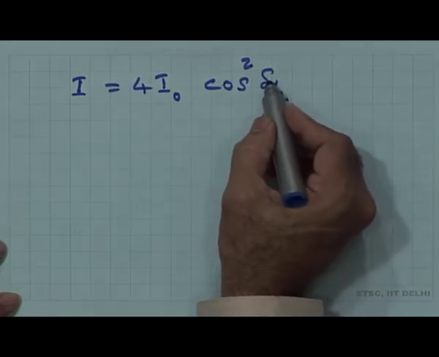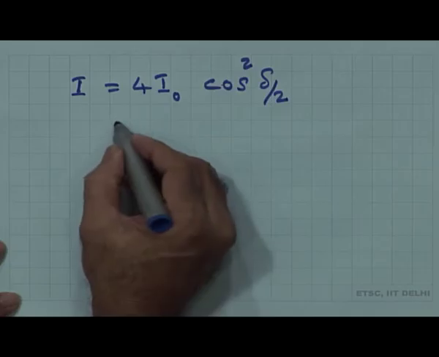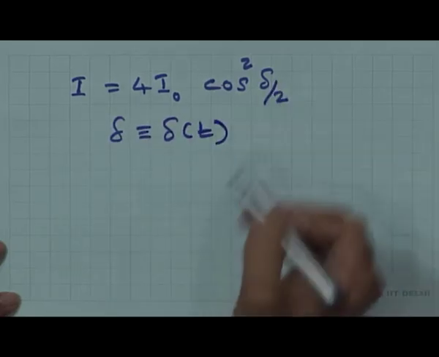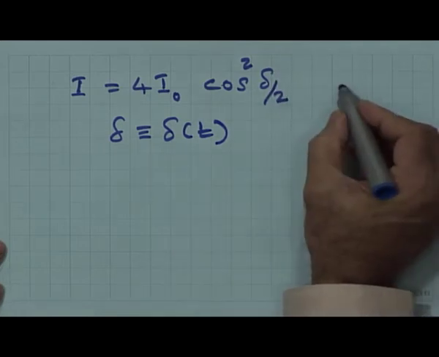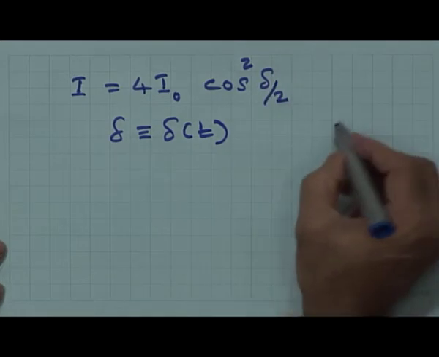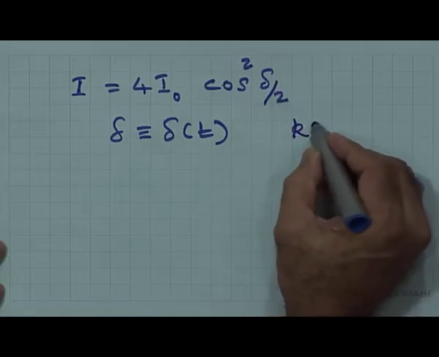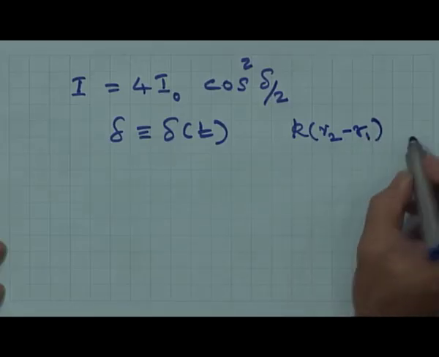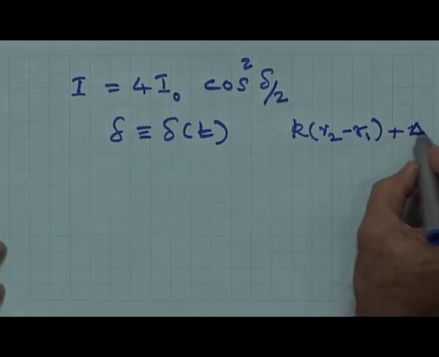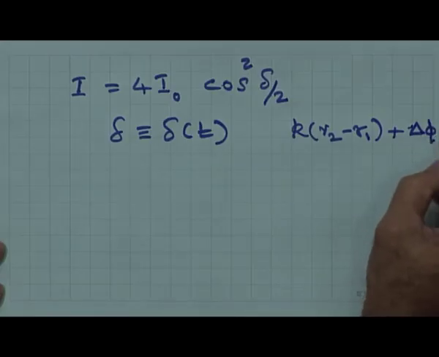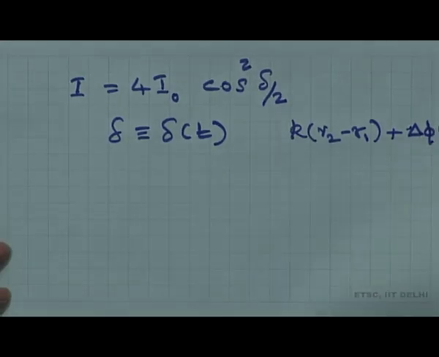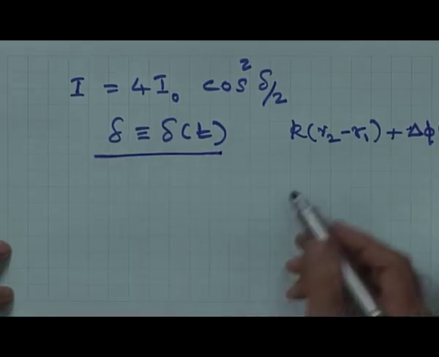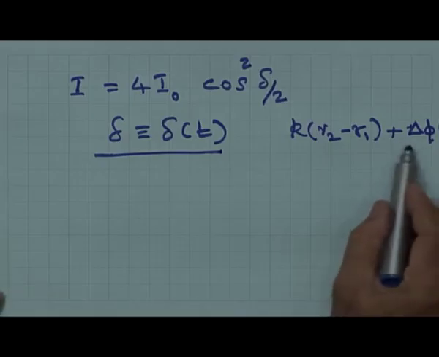Delta here is changing with time. So, delta, where delta is now a function of time, is the phase difference. This delta contains a phase term due to path difference. This is fixed, this is not changing, but there is a second phase difference term, delta phi, which is a function of time, and therefore delta will be a function of time. This delta phi is varying randomly